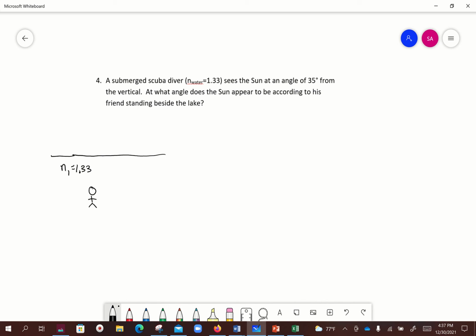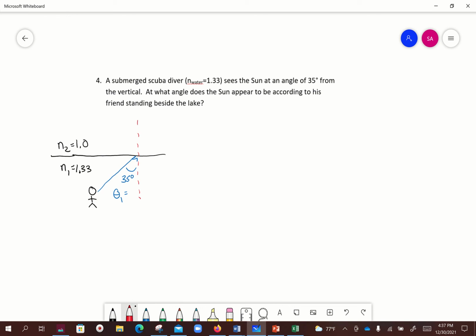So light comes from the water, goes into air, and air we know has an index of refraction of 1. So N1 is 1.33, N2 is 1.0. And then let's draw our normal to the surface. And he sees the sun at an angle of 35 degrees from the vertical. So when he looks up at the sun, I've sort of got my normal a little bit too far away, he sees that that angle is 35 degrees. So he sees theta 1 is 35 degrees. And so the question is,